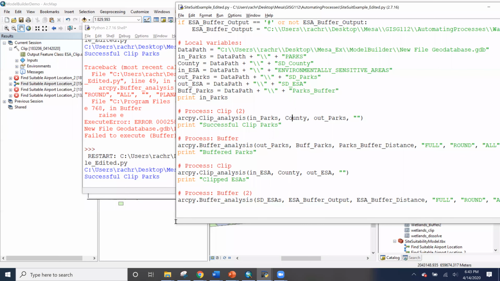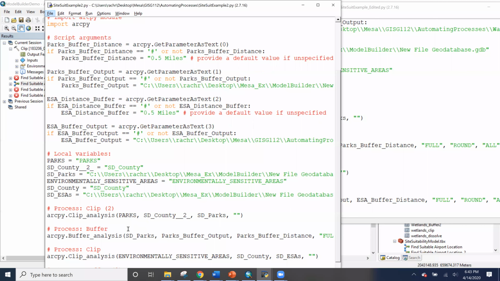When you just pull the Python snippet in, it leaves all of the default variables. So in this instance, you can see the SD county __2_. This is an intermediate variable that was created in the model. This isn't something that was saved. It's not an entirely new file. It's just something that was created in that model, so it doesn't actually exist. So what I started doing was editing out the default variables and editing